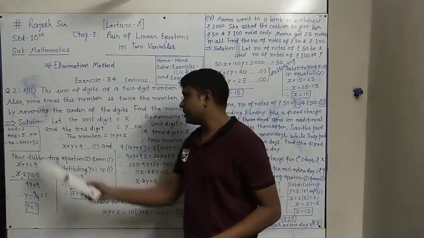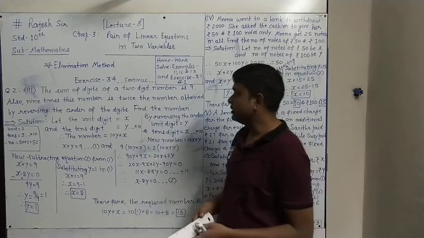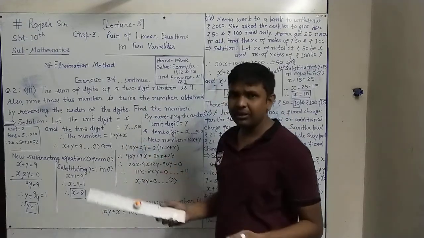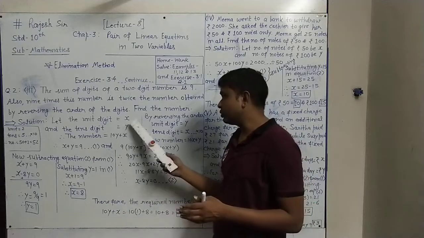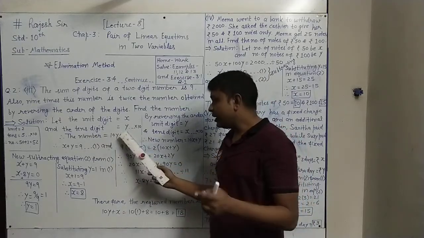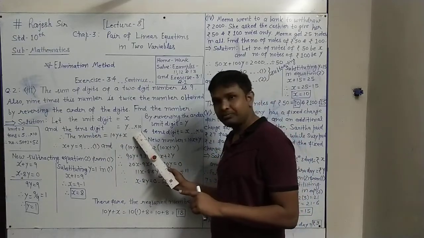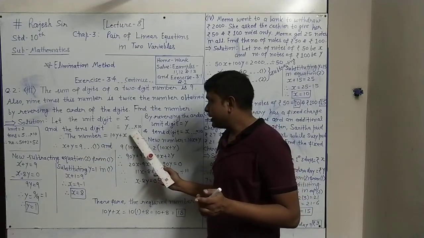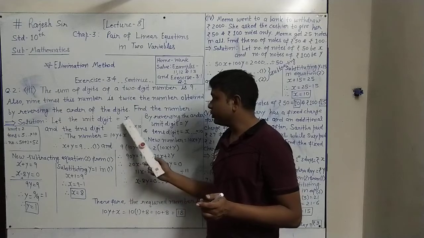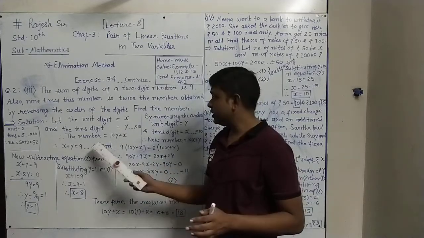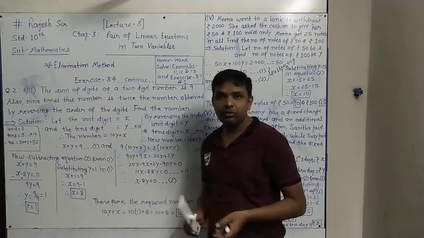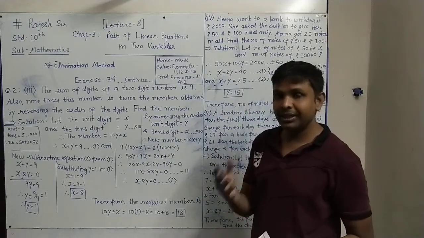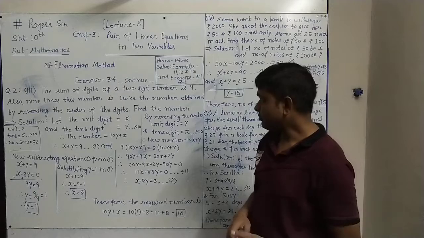In a similar way, with this example, we have done it here. The unit digit is x, so we don't multiply, meaning we multiply by 1, and it will be the same, so I have not shown it here. The tens digit is y, so we will multiply it by 10. And how do we get the number? The tens digit multiplied by 10 gives 10y, plus the unit digit is added. So this way the number is 10y plus x, with units as x and tens as y.